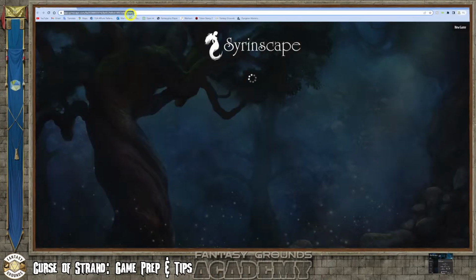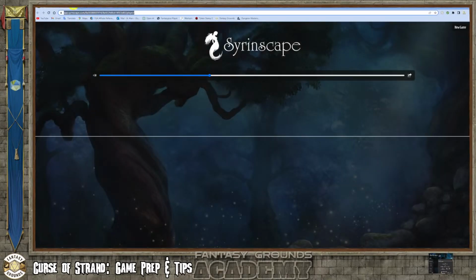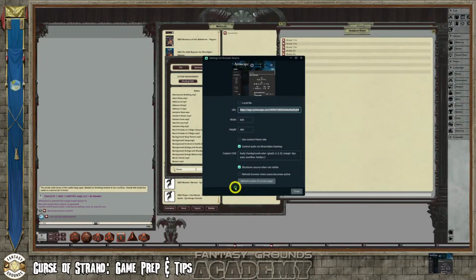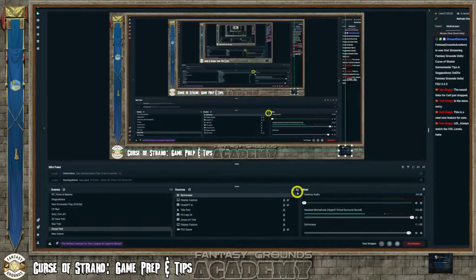Okay, so I can hit copy here and then take that and put it into the browser link instead of the one I have now, which is a different session. So you might have to change those out if you do it this way. So in this case, I'm just going to take this URL and replace it with this one, and then hit close,